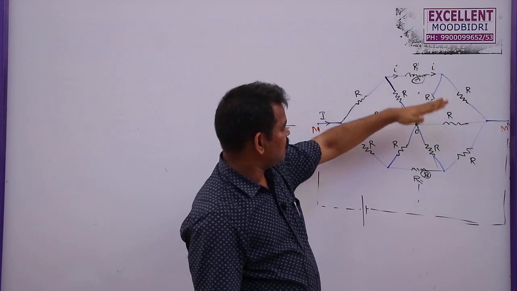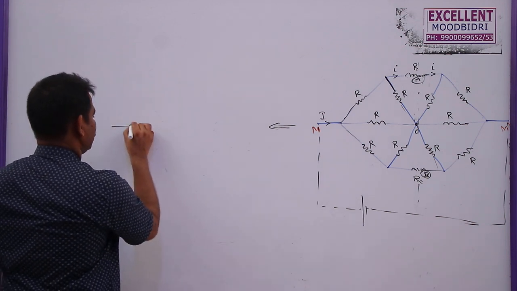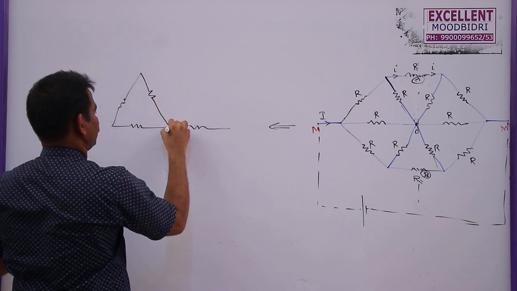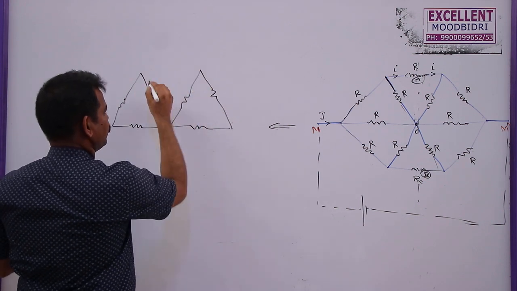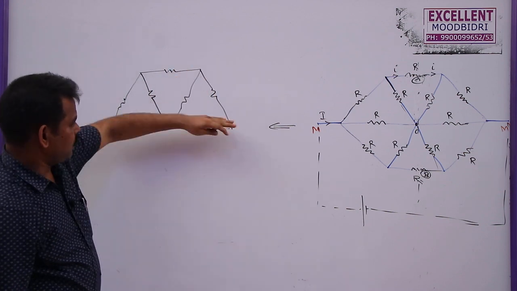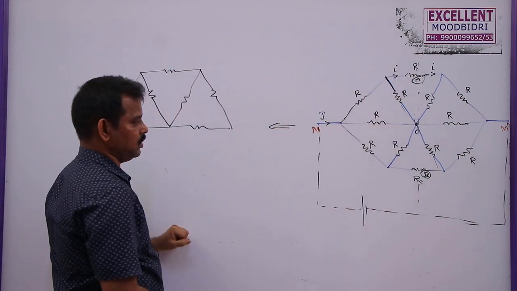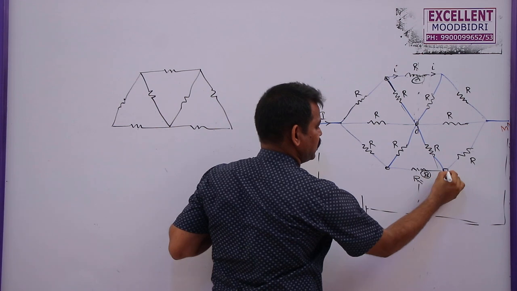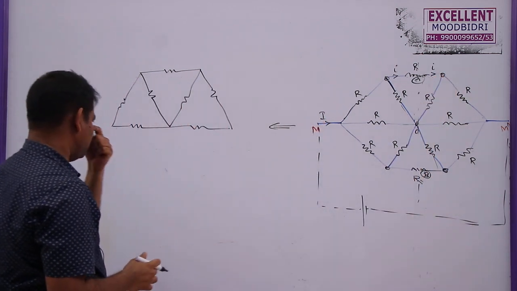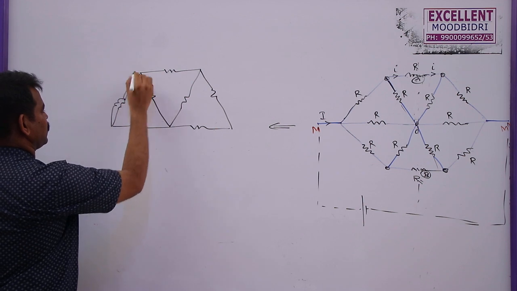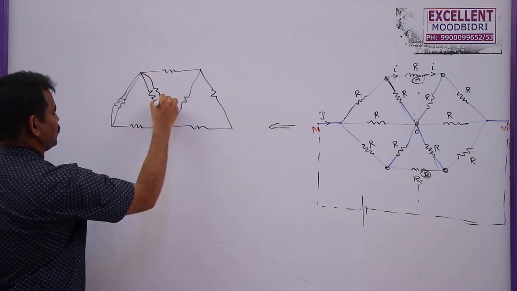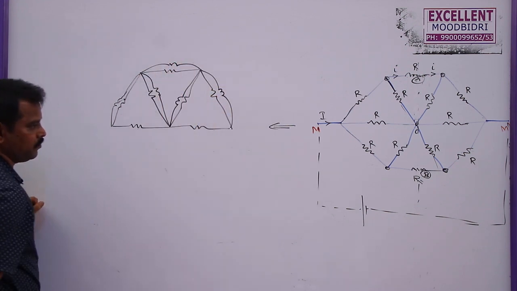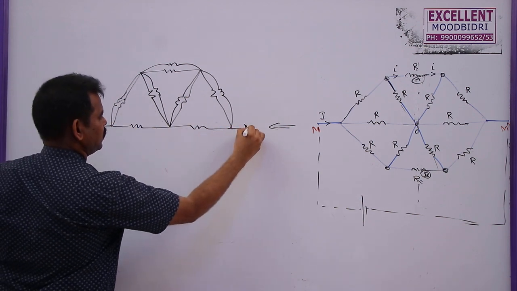So we can fold this one to the up. So if you fold it, this is R, this is R, this is R, this is R, this is R, this is R, this is the upper portion. You can fold this entire diagram to the upper, so that we know that this point is at the same potential, even this point and this point are similar, identical, this and this are also identical, so all these are identical. Then this will come like this, this will come like this, this will come like this, this will come like this, and even this will come like this. Now this is M, this is M dash.